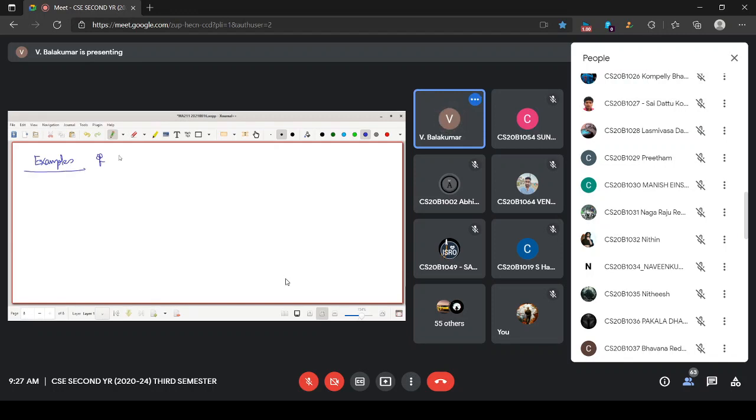Examples of not a set. This also we have discussed. Let me name it now. Collection of mobile phones with more storage space.